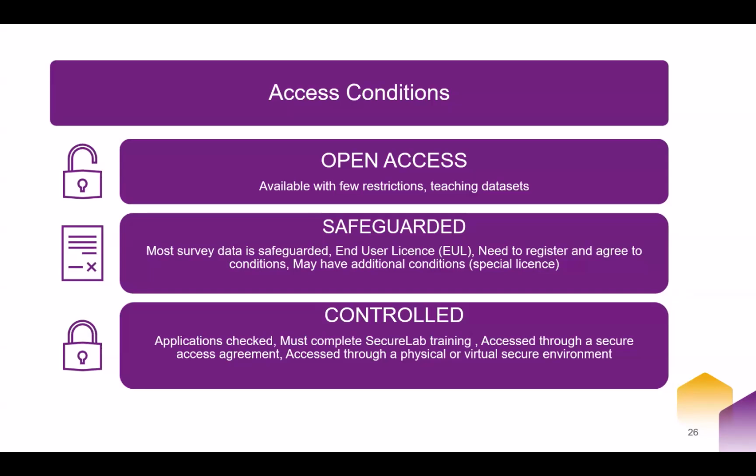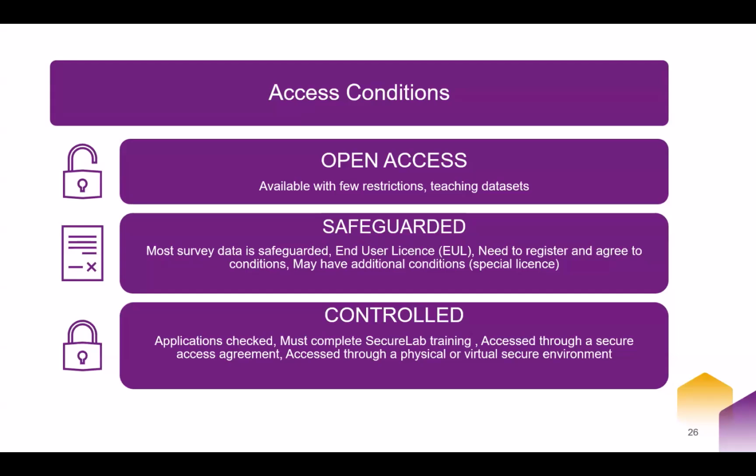So at the UK Data Service, data is available under 3 different access conditions, or access levels as we call them. The first level is what we call open access. This data is available with very few restrictions. You do not need to register to access this data. You can simply go to the web page, which I'll show you in a minute, go to the catalogue page